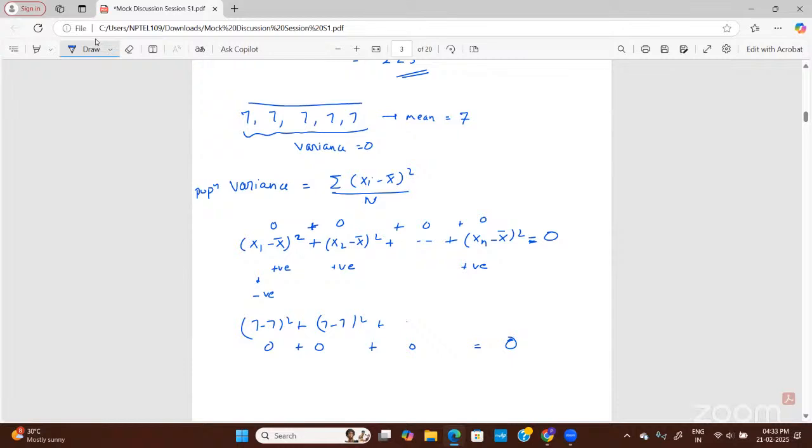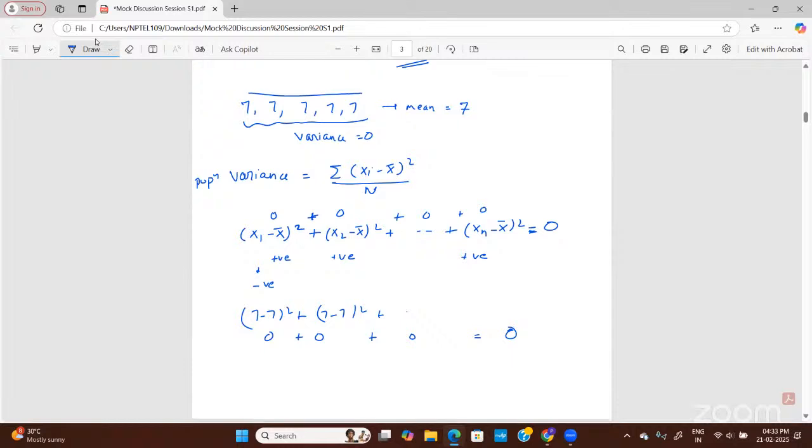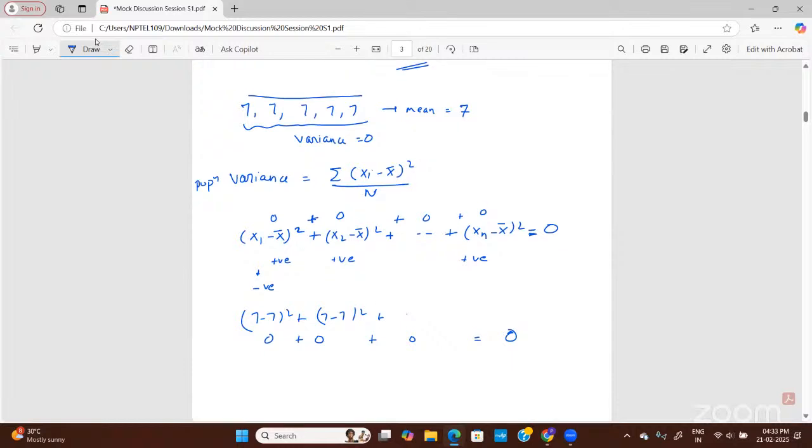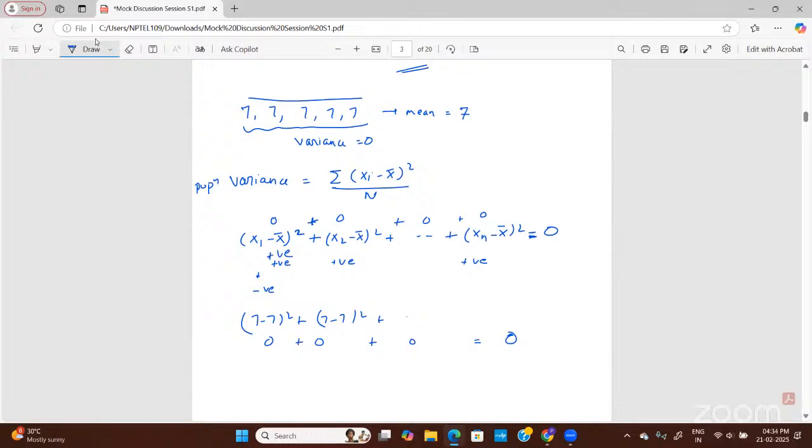Okay, because we are taking square terms. Even if you get the deviation as negative, but you are squaring it, so after squaring, it will be a positive value. So can you see, the summation of positive numbers can be 0? No, right? So suppose we have positive numbers like 7, 8, 10, 2. Can it ever be equal to 0? No, right? If we have 7 minus 7 plus 8 minus 8, then it can be 0.